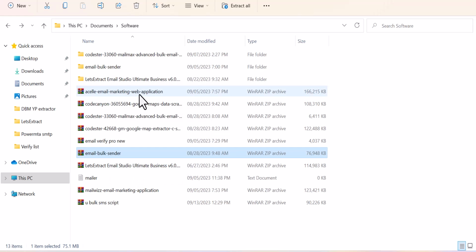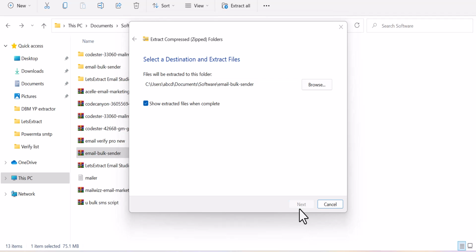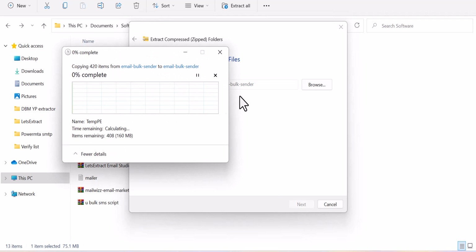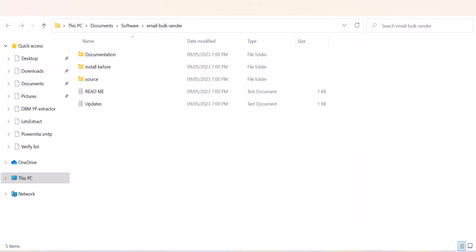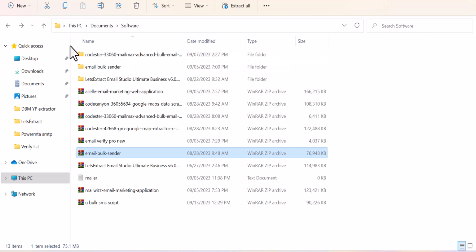Just click extract all. It's going to take a few minutes to complete. I've already done that, so I'm not going to take time. So just cancel it. After you have extracted the file, the folder is going to be like this, or it should be like Max Emailer. After I've extracted the file, just open the folder,